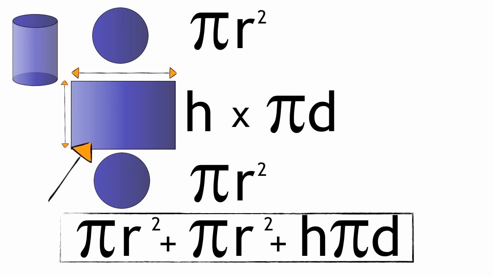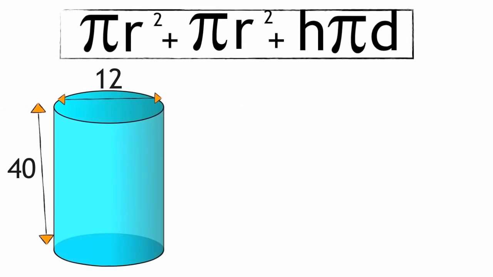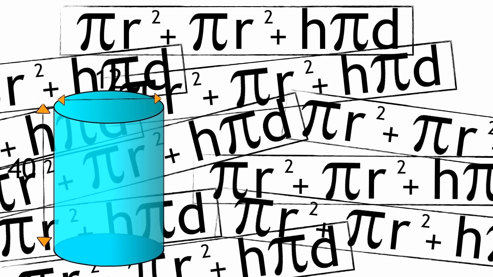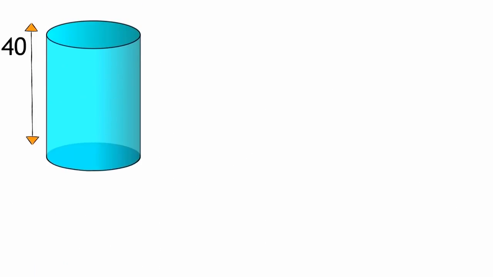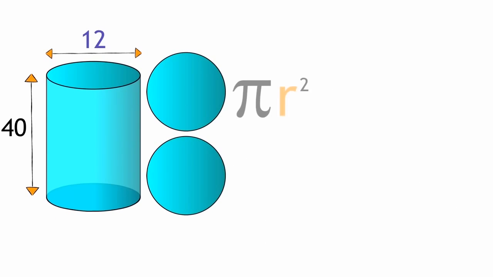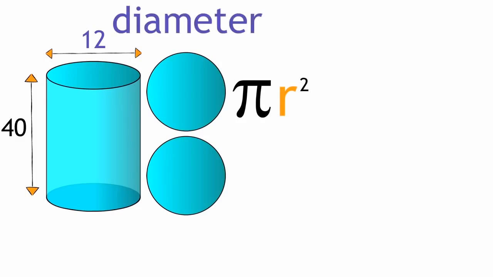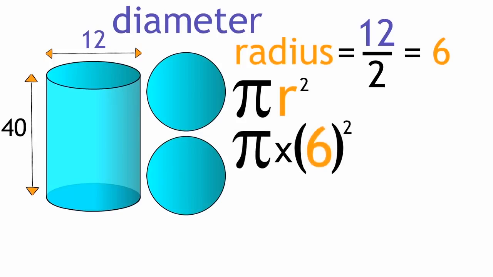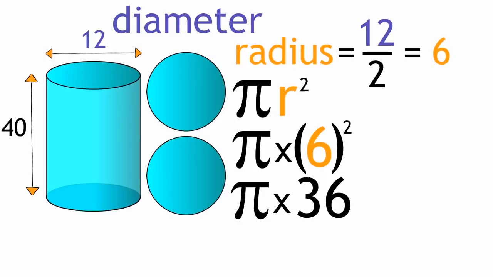Now I want to work out the surface area of this cylinder. We could just try to remember that formula from the last page, but unfortunately it would cram our brains full of too many formulae. It would be silly. So let's just do it bit by bit. So two circles, the circle top and bottom, pi r squared. Now again, we've got the diameter here, not the radius. The radius equals 12 divided by 2, which is 6. So pi r squared is going to be pi times 6 squared, which is pi times 36, which is about